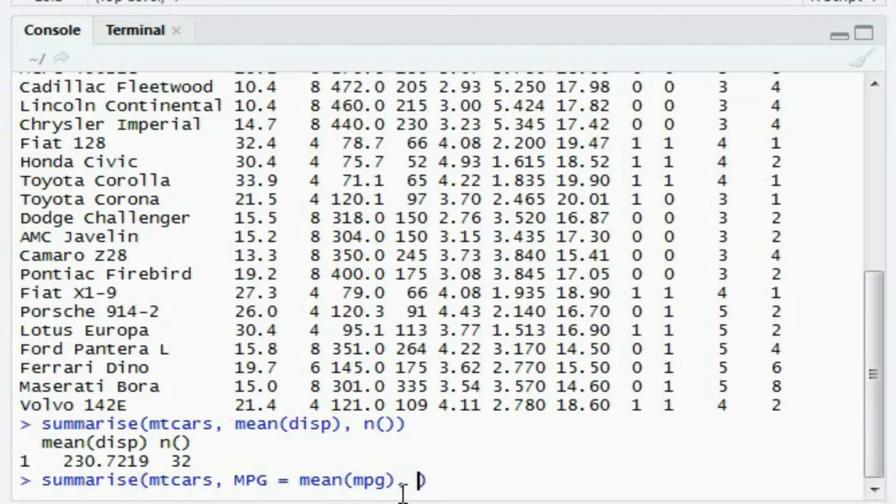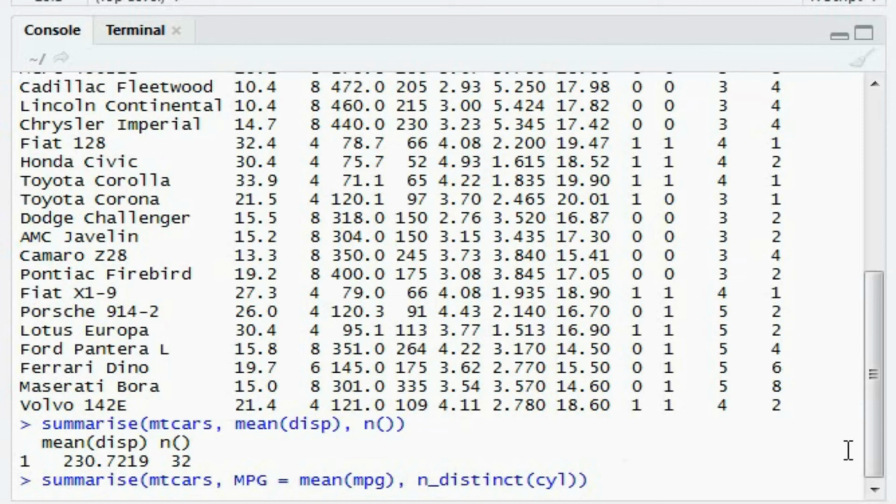Also there's another function I would want to show you an example of, called n_distinct. In summarize there's another function called n_distinct. What it does is it will show you the number of unique observations a particular column has. So I need to give the column name. Say I want to see in the cyl column, the cylinder column, how many distinct or unique values it had.